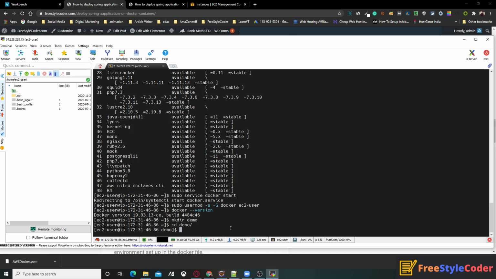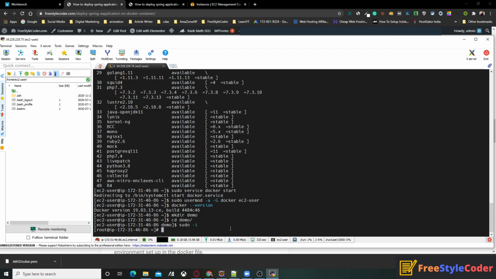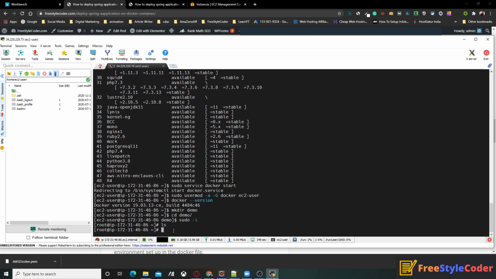For going into the root user, you have to write the command sudo -i. This command is for the root user. Suppose you don't want to write sudo in front of every command, then first you just run this command, then you will get root user permission. So I am in the root user, ls.